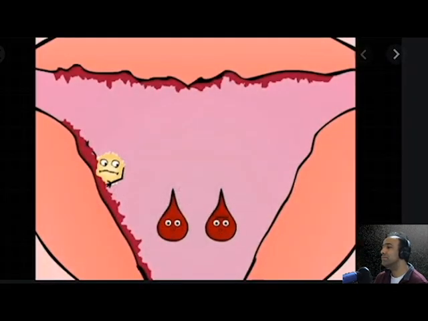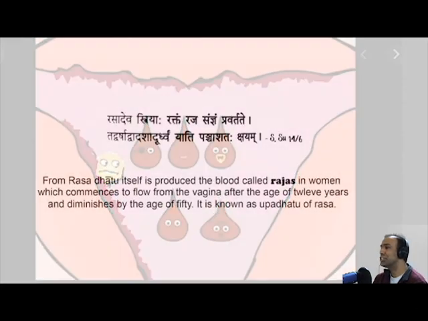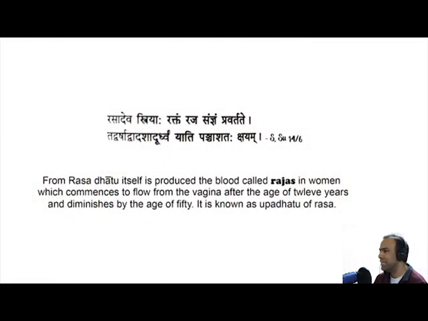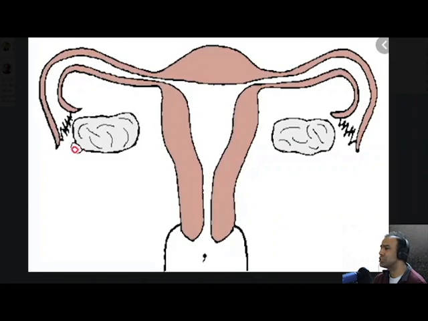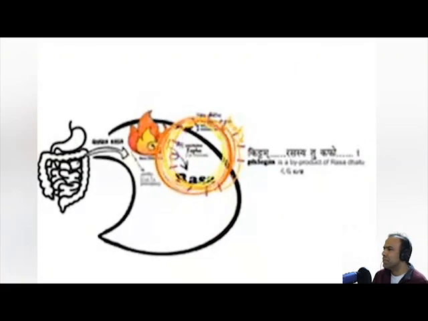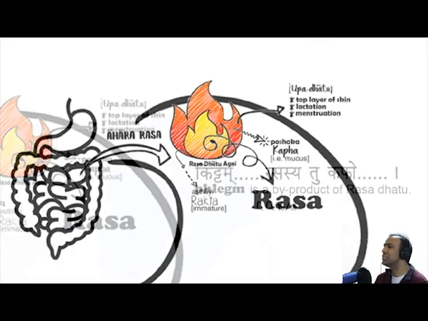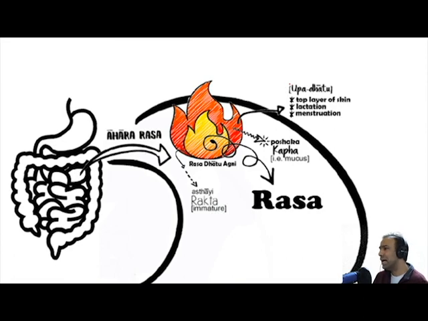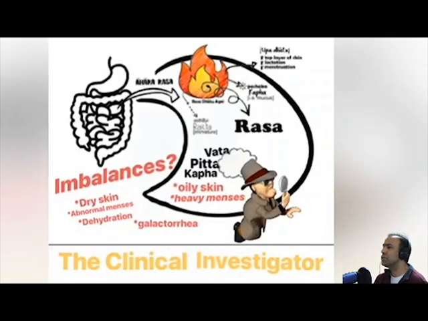Another byproduct of Rasa Dhatu is raja, or menstrual blood, or the menses, which is the shedding of the endometrial lining of the uterus, which was created for the nourishment of the potential fertilized egg had fertilization occurred. The inferior byproduct of Rasa Dhatu is kapha dosha in the form of phlegm and or mucus. So being knowledgeable and appreciating such byproducts of Rasa Dhatu allows one to assess the status of rasa, which allows one to determine the management considerations if such